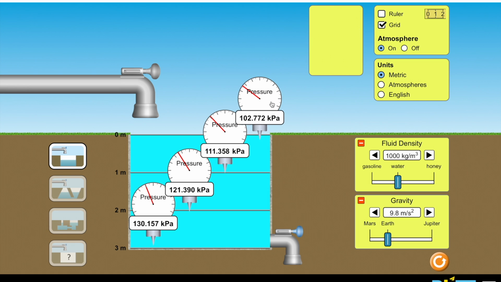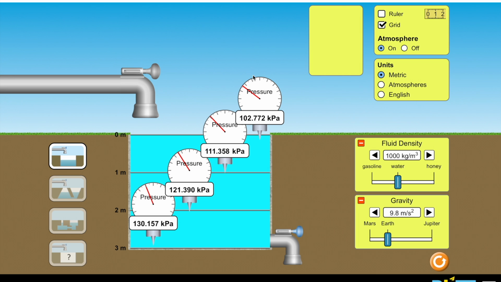You can see as we increase the depth that we increase the pressure, and that tells us that the pressure and the depth are directly proportional. You know that from the equation, because pressure is equal to the density of the liquid times the acceleration due to gravity times the height below the surface. And you can see that right there, that the pressure is directly proportional to the depth